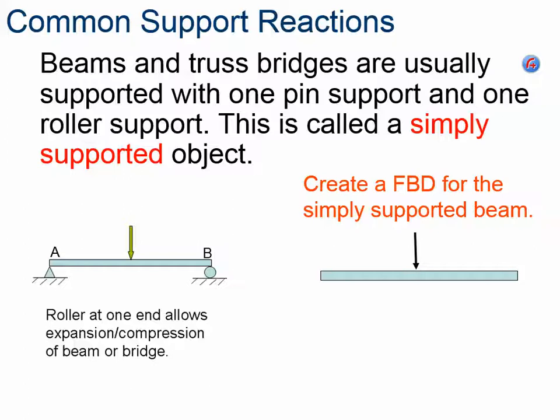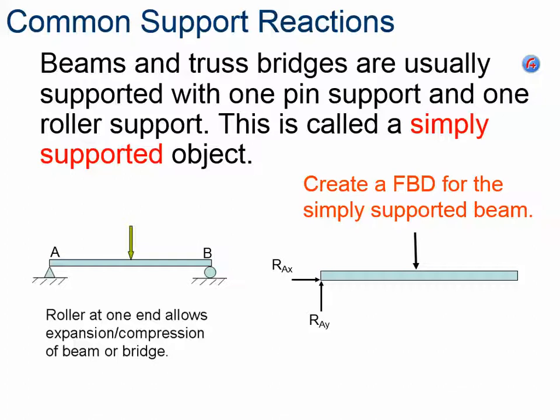What kind of support is at point A? Is it a pin or a roller? That's a pin, right? How many reaction forces are on the pin connection? There's less than 4, just 2, right? There are 2, and they're pointing in both horizontal and vertical directions, so we can get that in there too, right? Here's our RAX, here's our